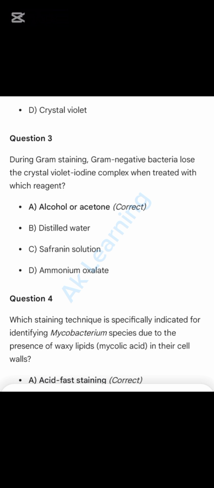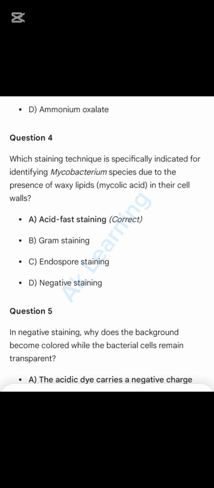A. Alcohol or acetone. Correct. B. Distilled water. C. Safranin solution. D. Ammonium oxalate. Question 4. Which staining technique is specifically indicated for identifying Mycobacterium species due to the presence of waxy lipids, mycolic acid, in